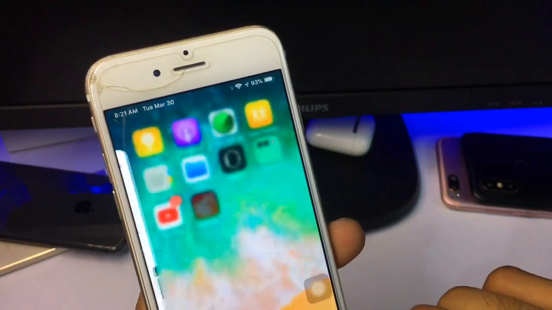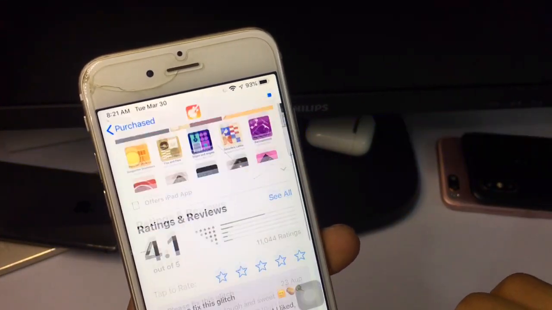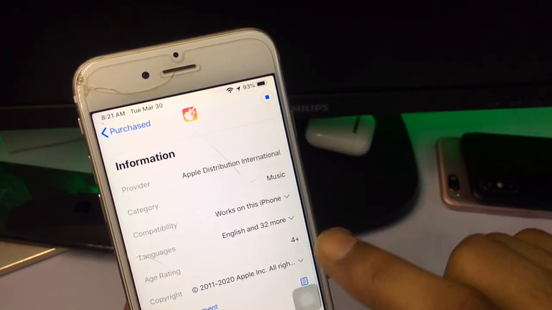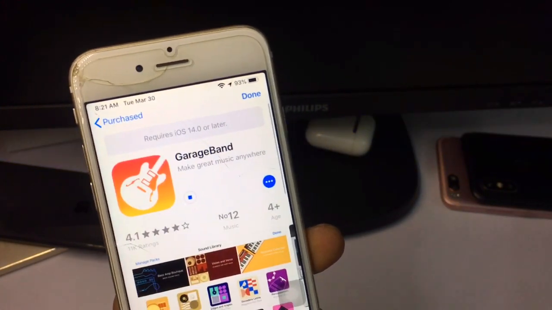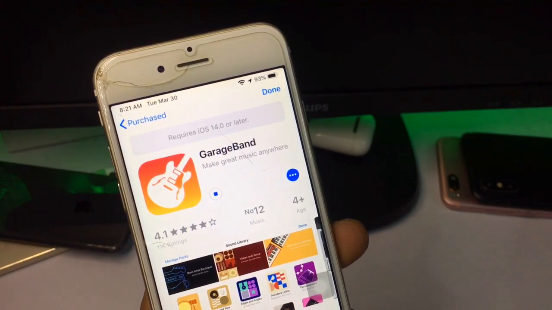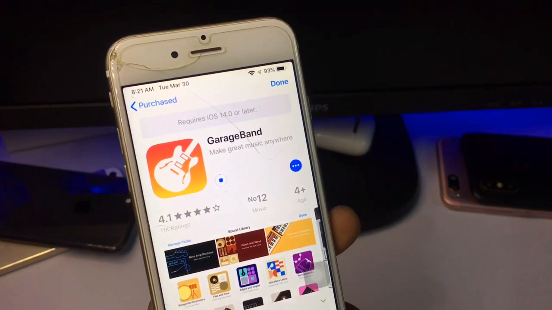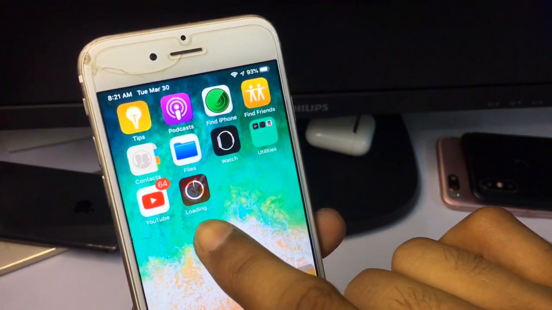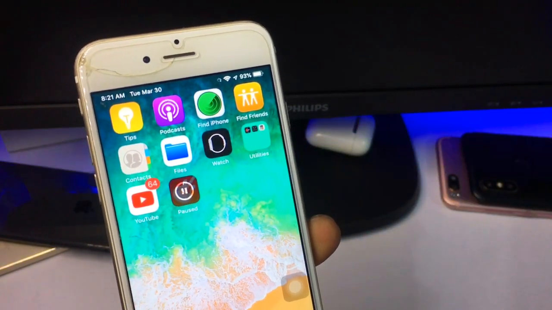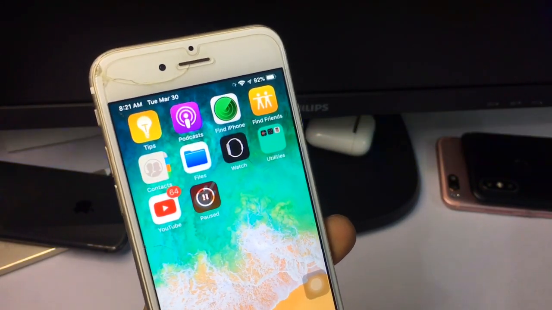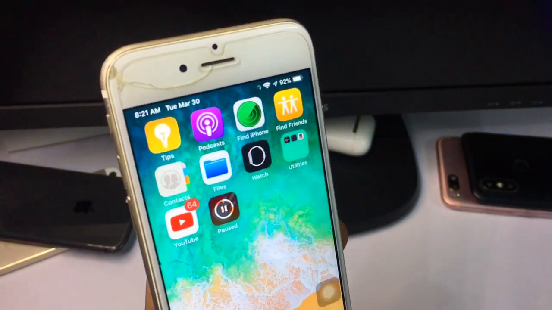So it's showing waiting right now. The size of this app is large, it's not showing the size here, but the size is 1.4 GB. My internet connection is slow, that's why it's taking too long. You can see here the downloading has started. So this is the simple way. I am not going to download it fully. This is the simple way we can use this app to make ringtones on our iPhone 6.